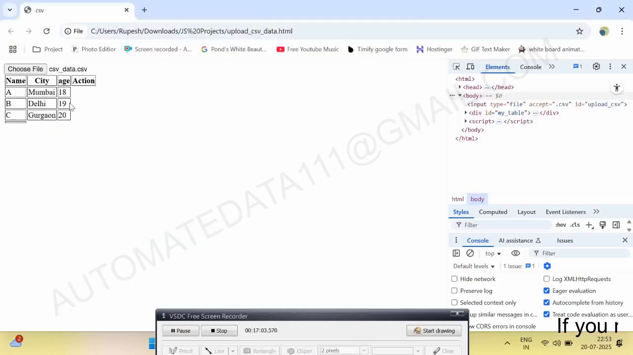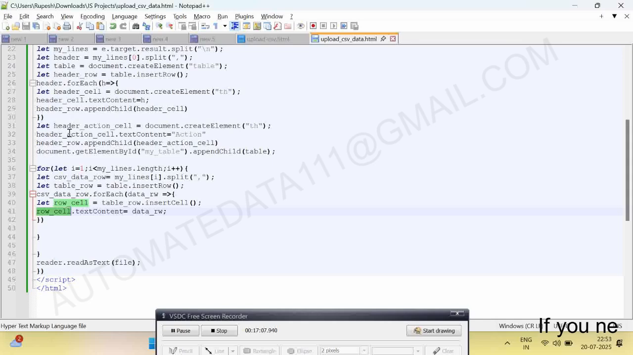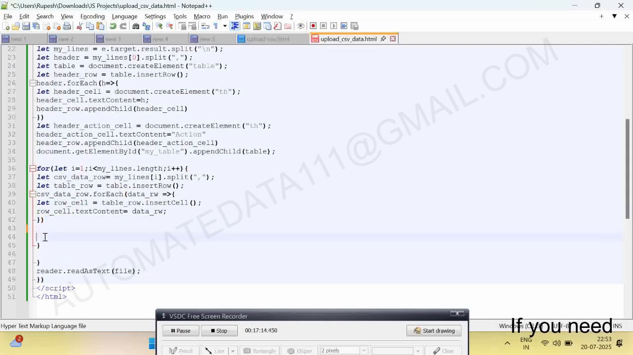Okay, it is storing all the data, and we need to configure this action delete button. So how can we do that? Under this for each loop, because inside this loop we have to create one more element, a button. For that we will create one more variable. Let delete cell is equal to